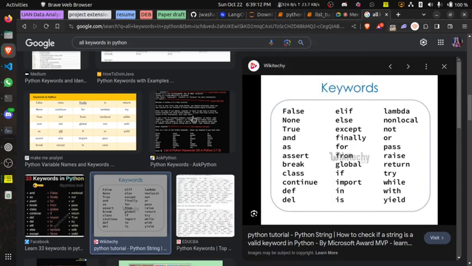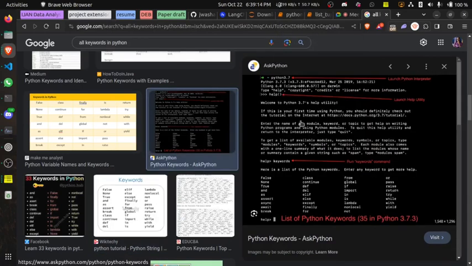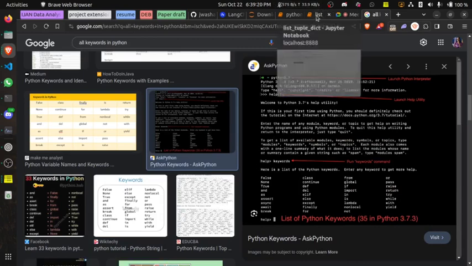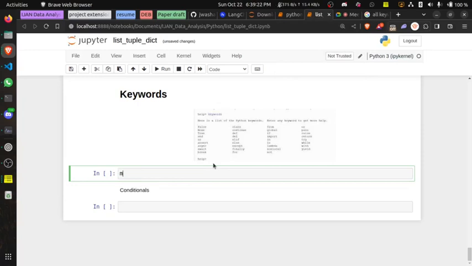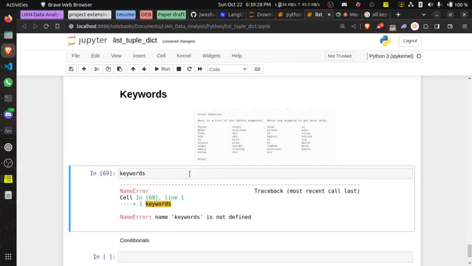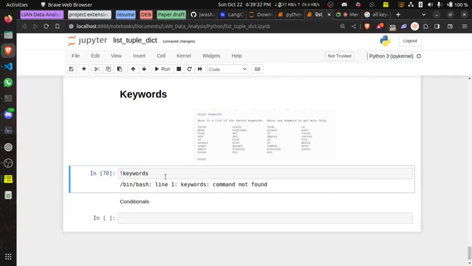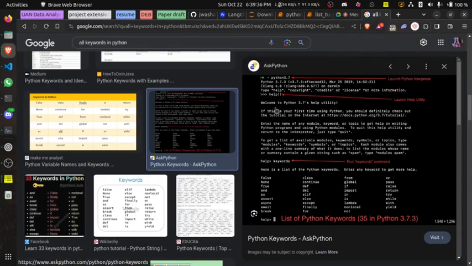I think there might be a way I can even bring it out in Python. Let me see. Oh, okay. I think this is a better way I can bring this out. Keywords. Keyword is not defined, of course. I'm in the Python kernel. Welcome to Python.